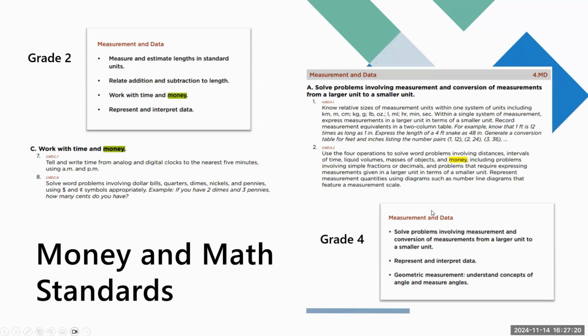So obviously there's a gap here, right? There's a gap in what kids need to be college and career ready and what they need to be successful in the society that we exist in today. And understanding this, touching on it once in 2nd grade is not going to be preparing our students for college or career readiness.